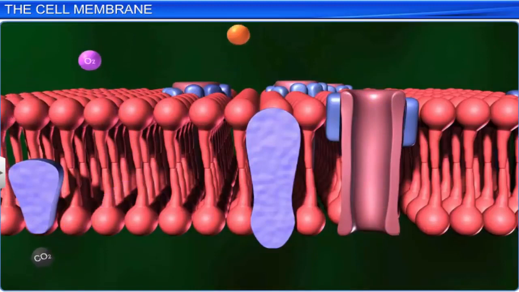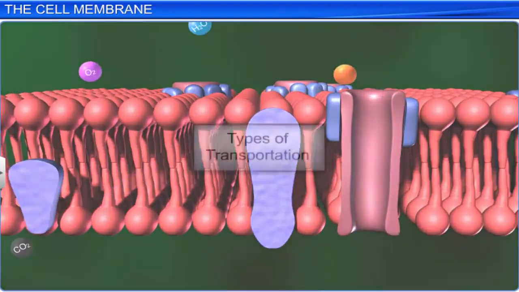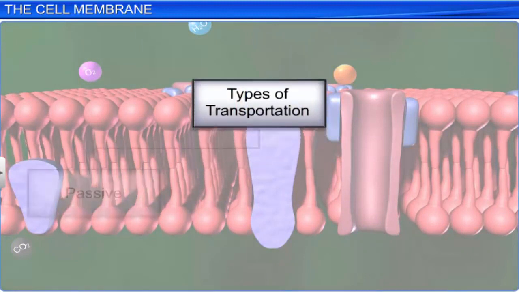which means the lipid bilayer allows only certain small non-polar substances such as oxygen and carbon dioxide molecules to pass freely through it, while selectively permitting ions and other polar molecules, including water, to pass through it with the aid of membrane proteins. The transport of these ions and molecules takes place either through passive transport or through active transport.